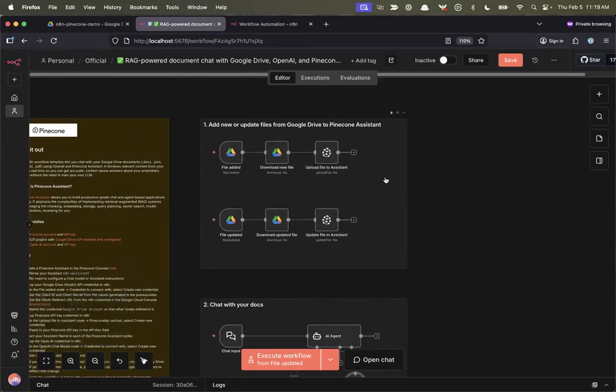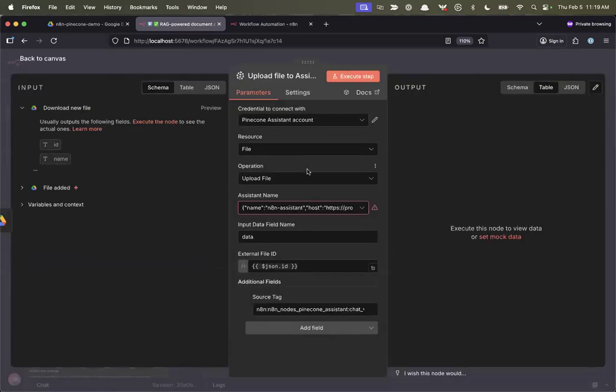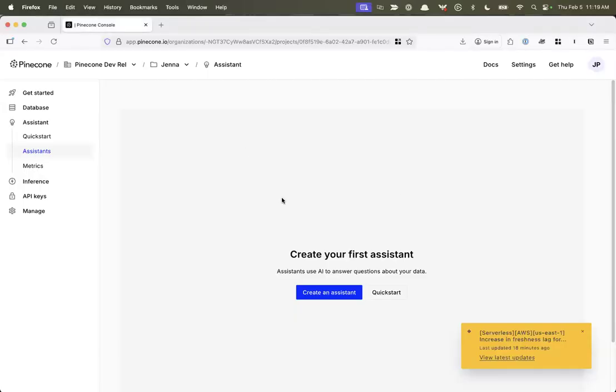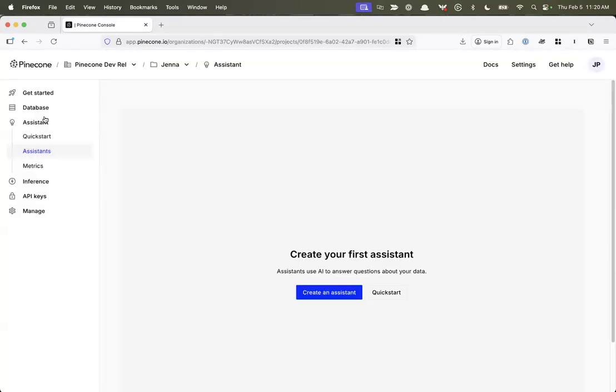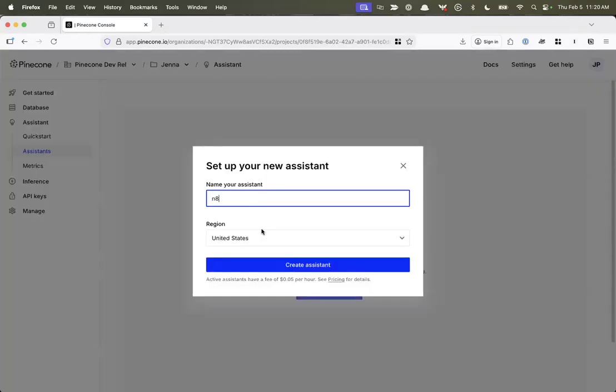But the first thing that we're going to have to do is we actually need an assistant to work with. So I'm going to hop out to the Pinecone console and create an assistant. I'm over here on the assistant menu under My Assistants, and I have no assistants today. I cleaned up my account yesterday. I'm going to create my assistant that we're going to work with.